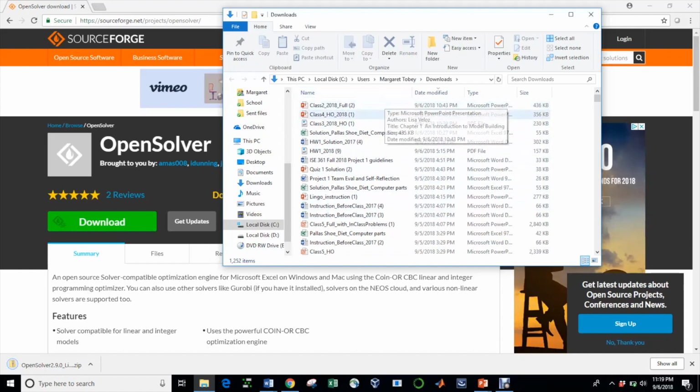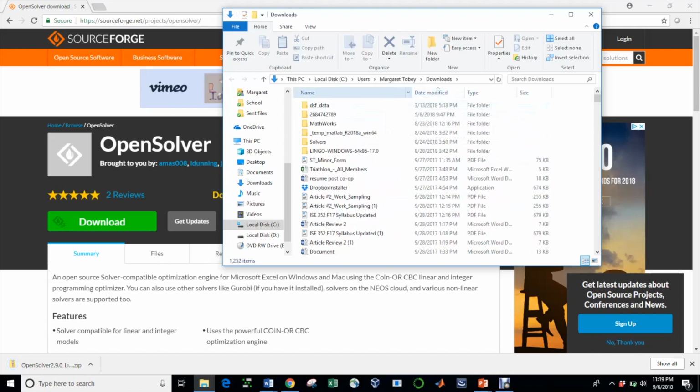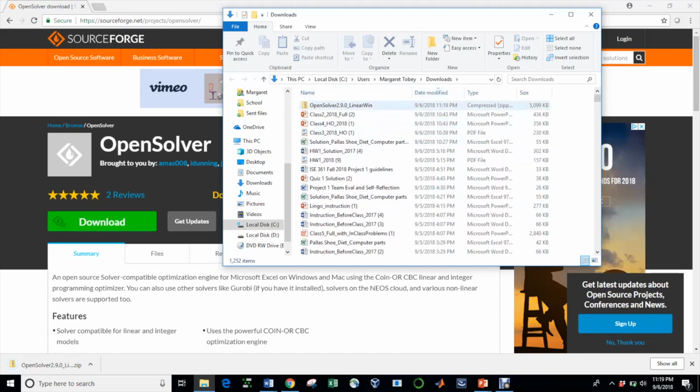Alright, it looks like the download finished. Let me just go ahead and find it in my downloads. It's right here, it's called OpenSolver